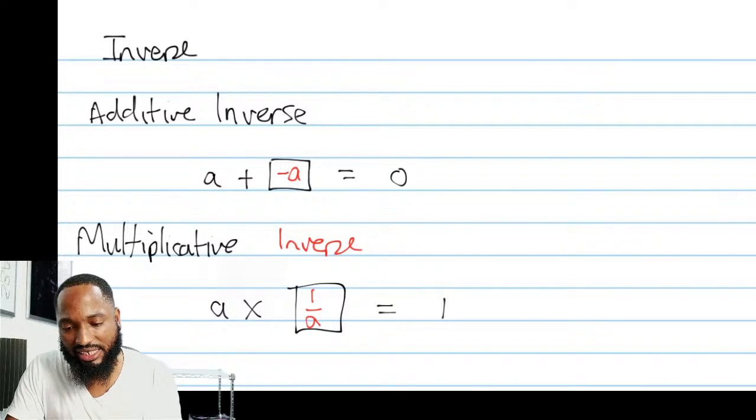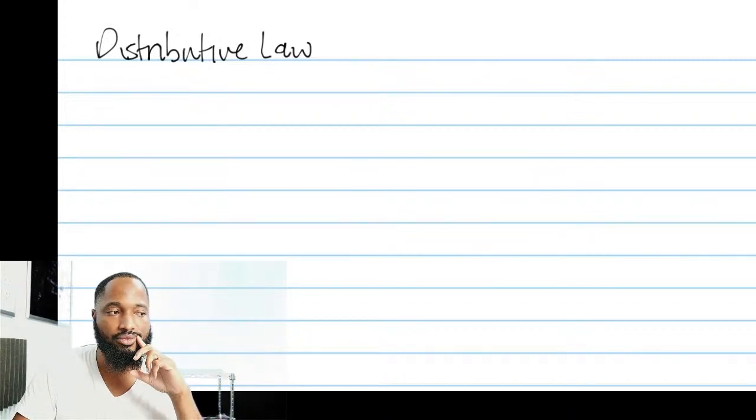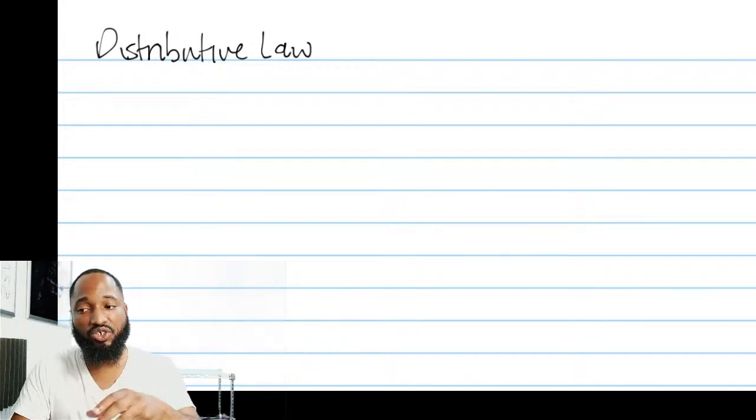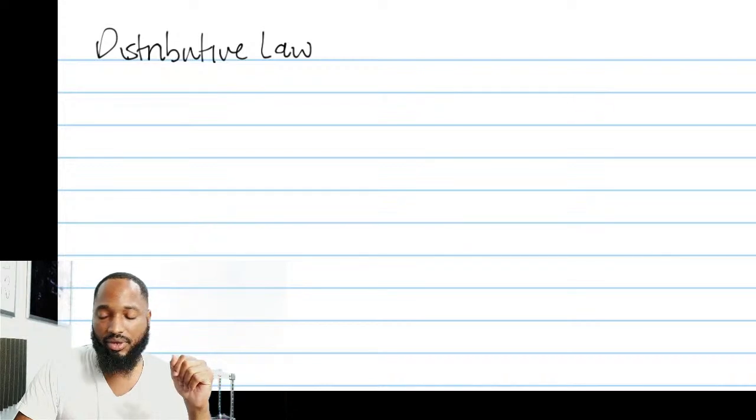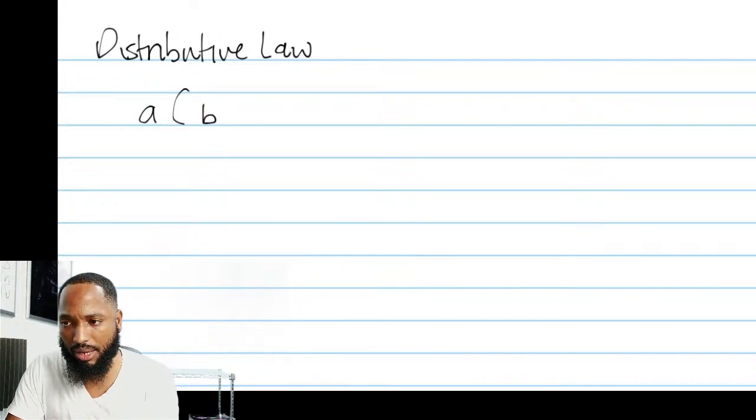And we have identity. The next thing the question mentioned was the law. I think it was the distributive law. That's the third question. Distributive law deals with how one operation is performed across another operation. It's the rule governing whether an operation can be distributed across another operation. For example, A multiplied by B plus C.